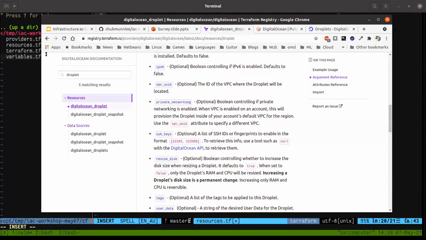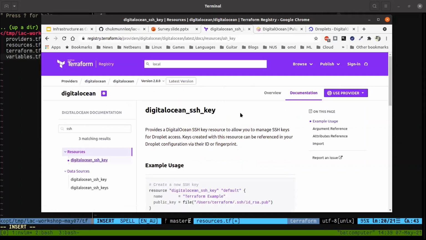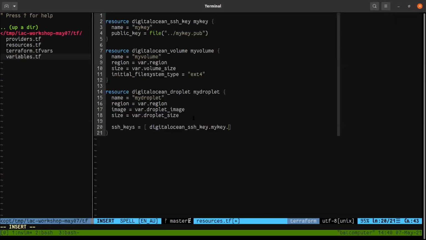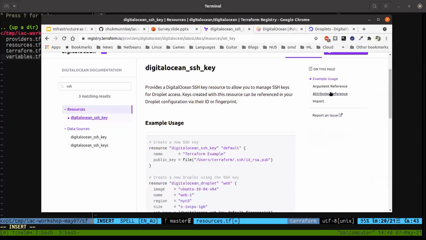So under my key, let's go back to here. What it wants is the fingerprint of the key. You'll notice that for every resource, there are arguments. Arguments are what you set to configure it. And then there are attributes.